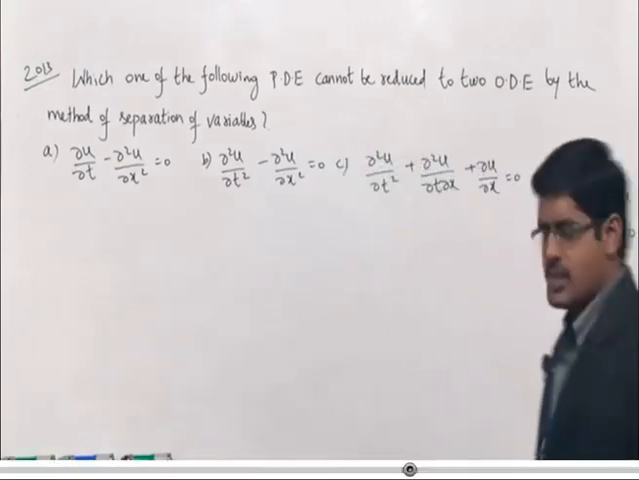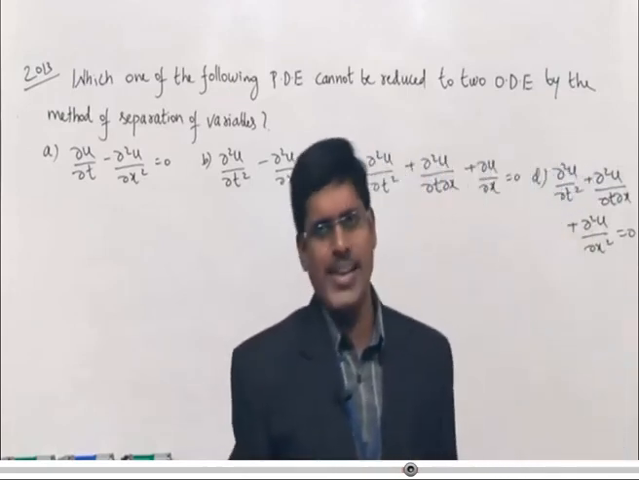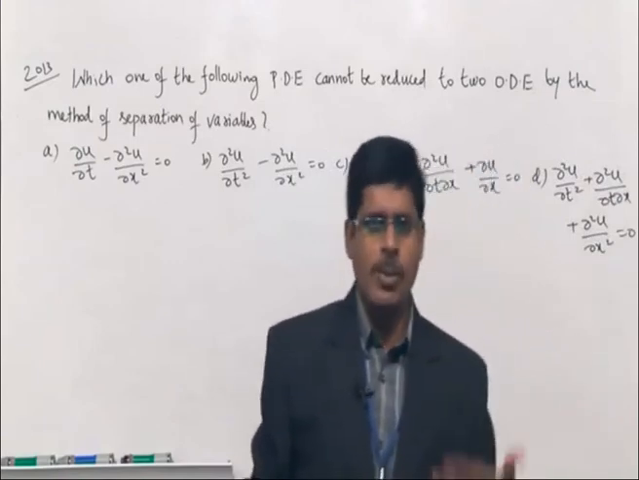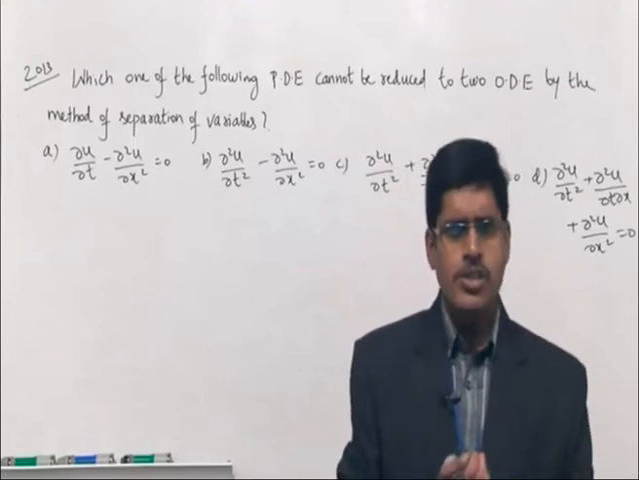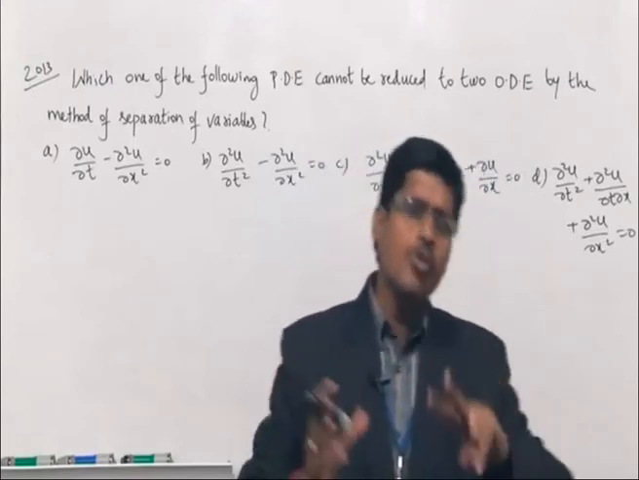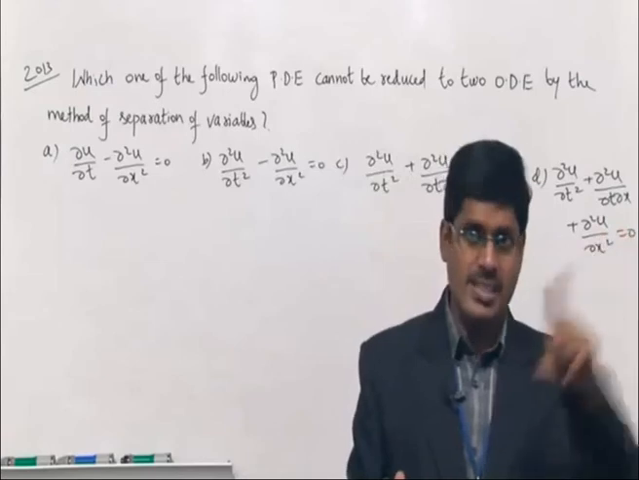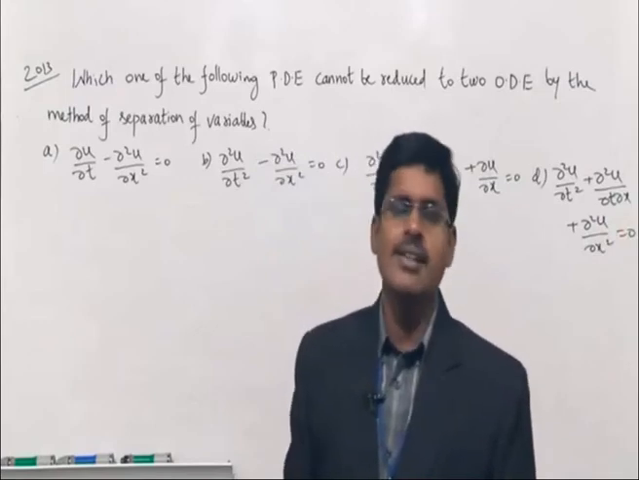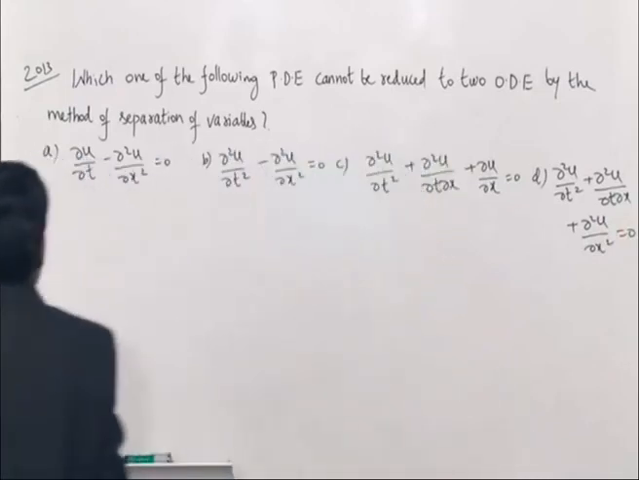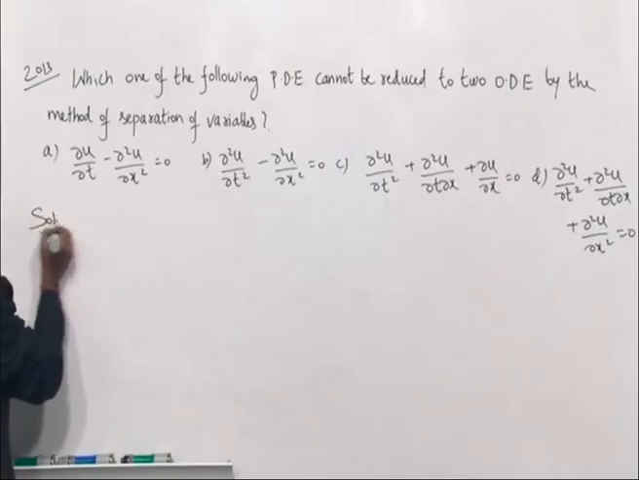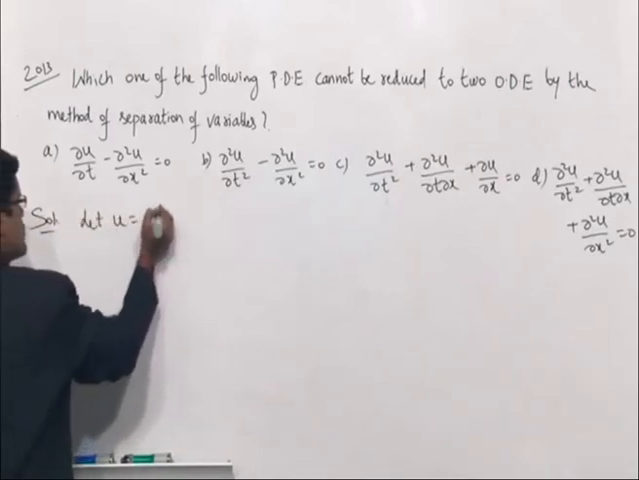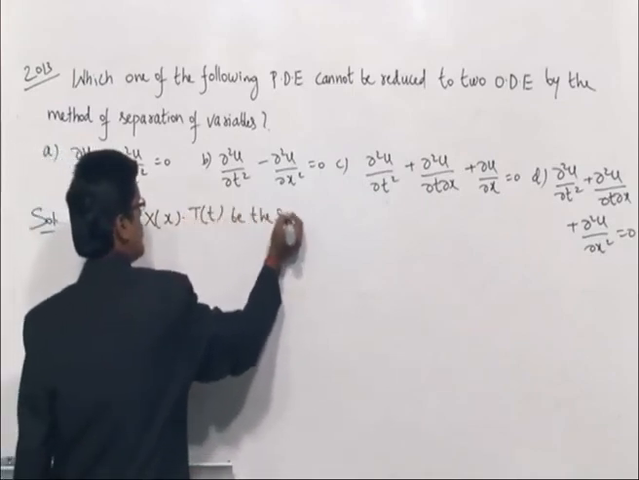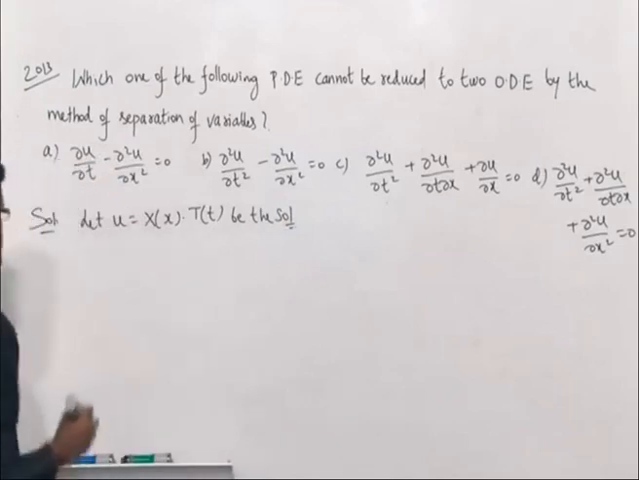Now what the question requires: in all these, u is the dependent variable, x and t are independent variables. Your first step is, let u is equal to X of x into T of t. Then take the options one by one, substitute that value, then you see which is not reducible to two ODEs. I already did it in the previous example: x differential equation alone, y differential equation alone. If you get it, that is reducible to two ODEs. If you do not get it, that is not reducible to two ODEs. Let u is equal to X of x into T of t be the solution. Okay. Now option A,